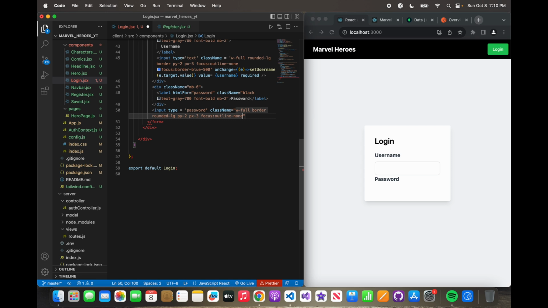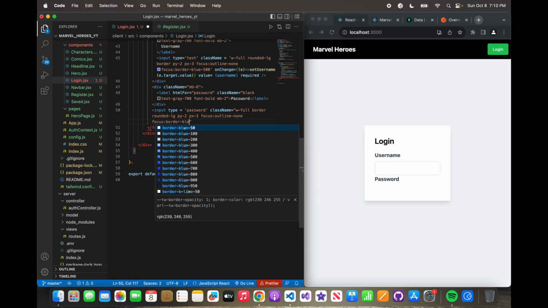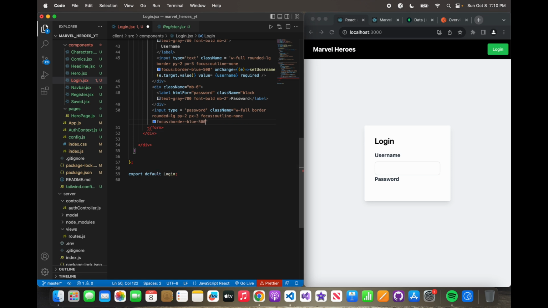So we're pretty much just replicating it from what we have here. So where are we? Focus outline is none, and now we have the focus border. Focus border is gonna be blue 500, and our